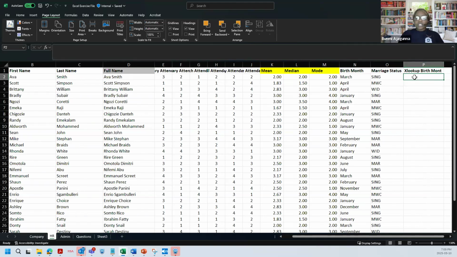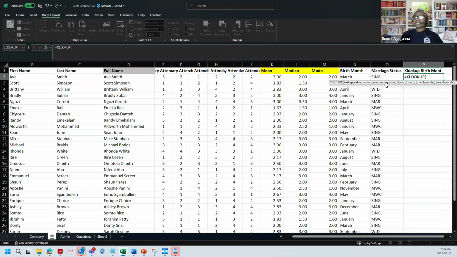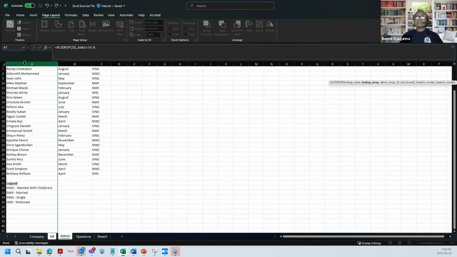All right. So I do XLOOKUP. So I say is equals to XLOOKUP. Similar to VLOOKUP, the formulas are similar, but this is the formula here. So XLOOKUP, the full name in, that's my comma. I go to the admin, A. So it says the whole of A. Then I say comma, and bring what you have in B, comma. If you don't find it, comma 0 or comma false. Sorry, comma 0.